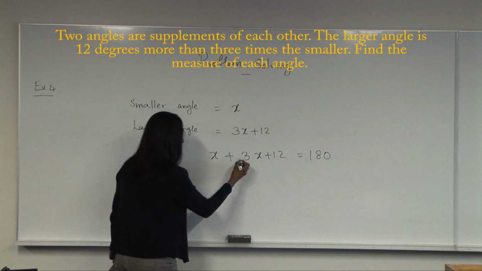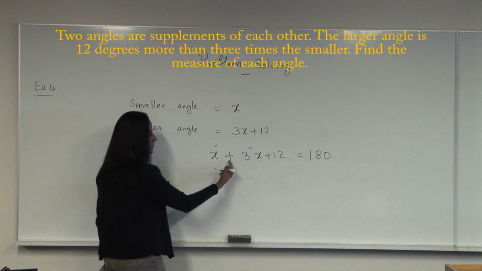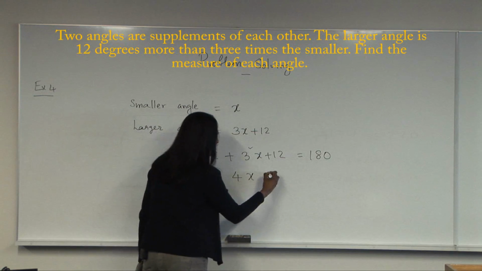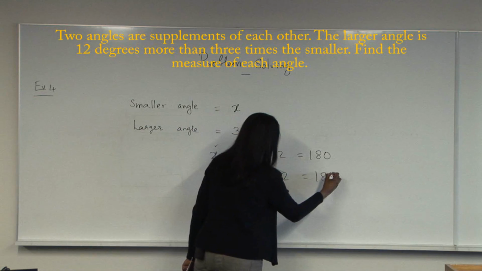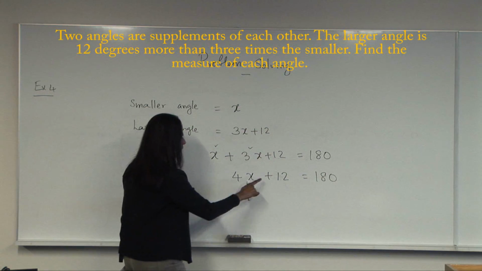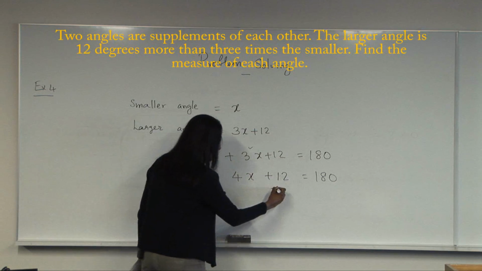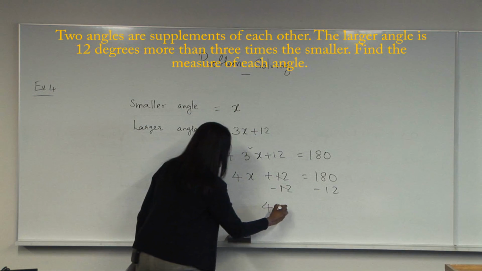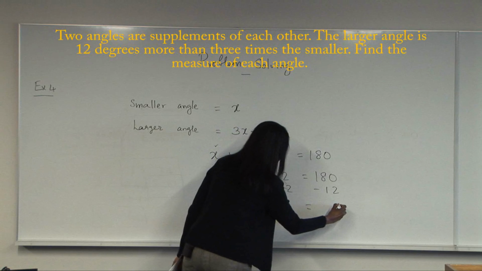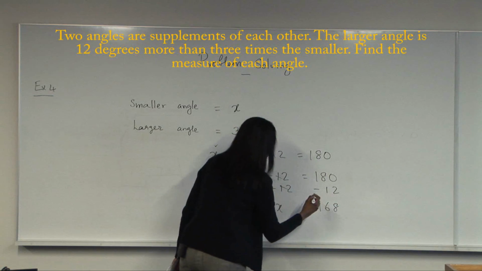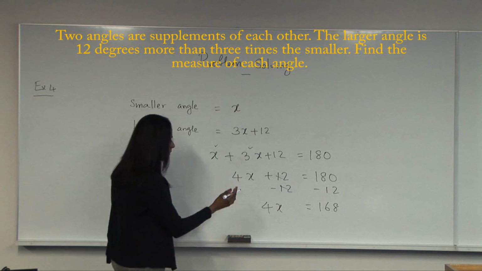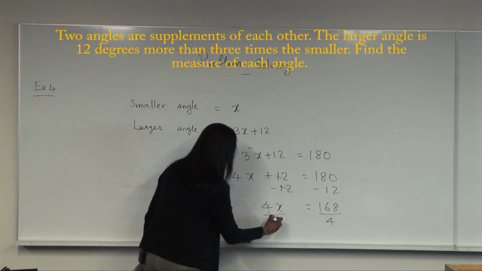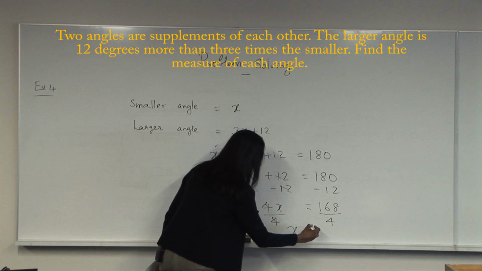So let's do that. x plus 3x, these are the only two x terms I see, like terms. So 3x plus x is 4x plus 12 is equal to 180. Now we are solving for x. We need x alone. Let's move this 12 to the other side. Now we have 4x is equal to 180 minus 12, 168. We are solving for x. Divide both sides by 4. So 4x over 4 is 1x. So x is equal to